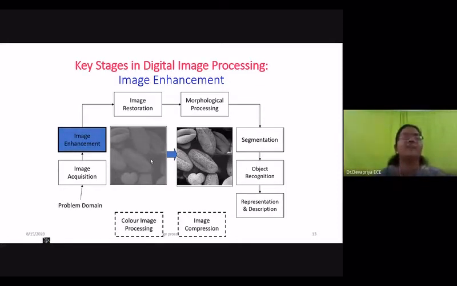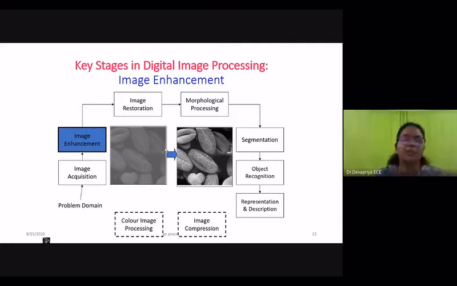So the reverse is possible with the value of 255. If the input is 255, then from the value 255, you're subtracting 255, it will result in a value 0. So the 255, the white region, is converted to 0, which is the black region. So you will get the negative of an image.